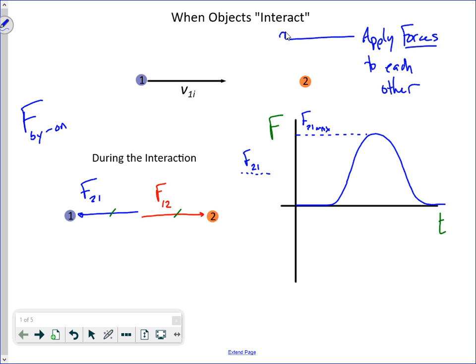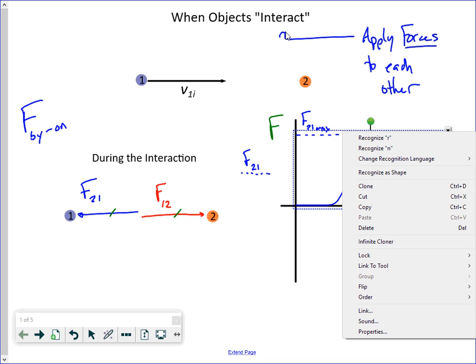And maybe there's some average value of this that we could find via some calculus process, but who cares? Well, the question is, what does F12 look like, the force by 1 on 2? Well, guess what? It's the same. It's always the same, except,